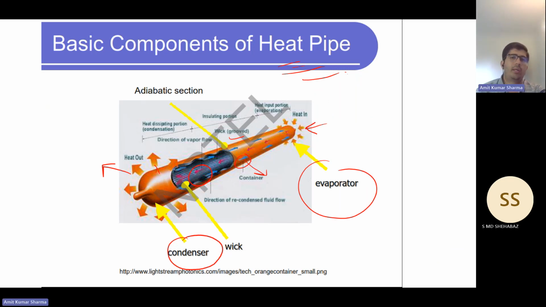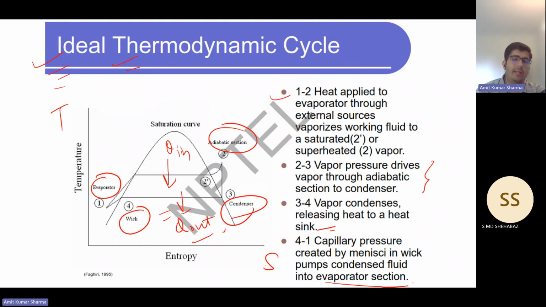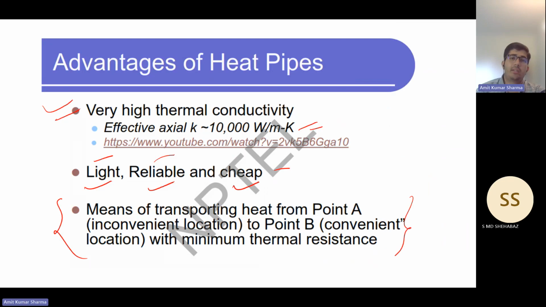So these are the basic components of a heat pipe: condenser, evaporator, adiabatic section, and the wick. This is a cycle, an ideal thermodynamic cycle. These are the advantages of heat pipes: very high thermal conductivity, mostly in the axial direction, that is up